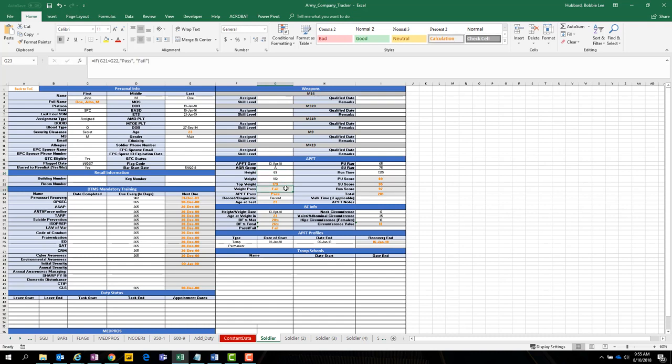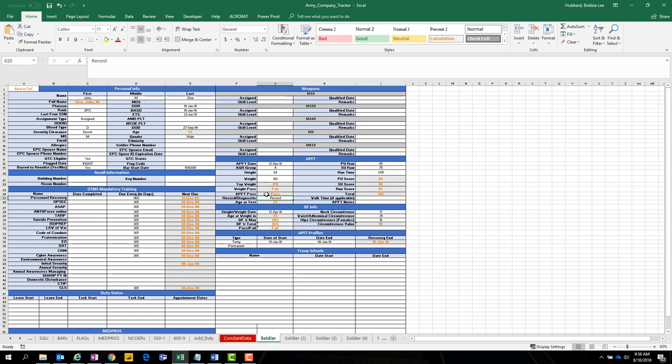And that will tell you what their top weight is supposed to be. Weight pass is just if this is more than this, then they fail. If it's not, they pass, and then we don't have to add them to the body fat tracker. APFT is actually just if this is above 60, this is above 60, and this is above 60, they've passed. Record and diagnostic, self-explanatory. You put a record in there if it is a record, and a diagnostic if it's diagnostic, because if it is diagnostic, then you shouldn't be counting it towards your assigned APFT or